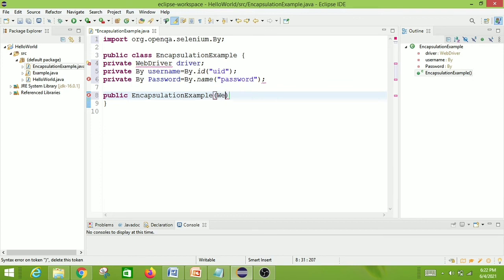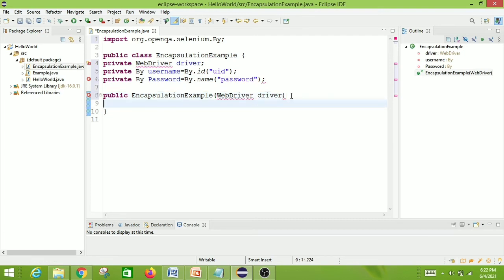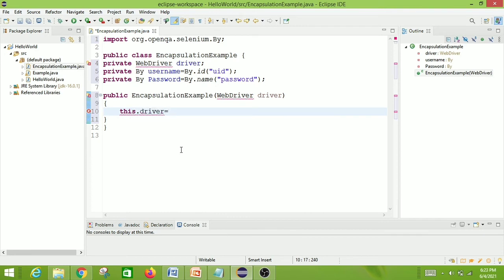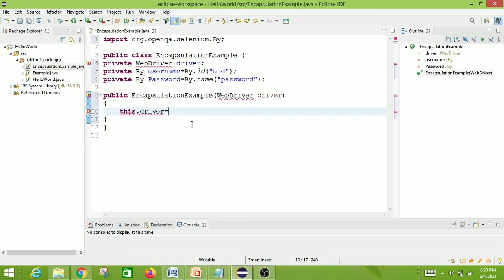So I write WebDriver here, so we will get the driver instance from our test method. Here we will write this dot. We have already discussed why we are using this. So what we are doing is getting one driver instance from our test method, right? We are assigning that value to the corresponding class variable, that is our WebDriver. So we give driver, so the value is assigned.